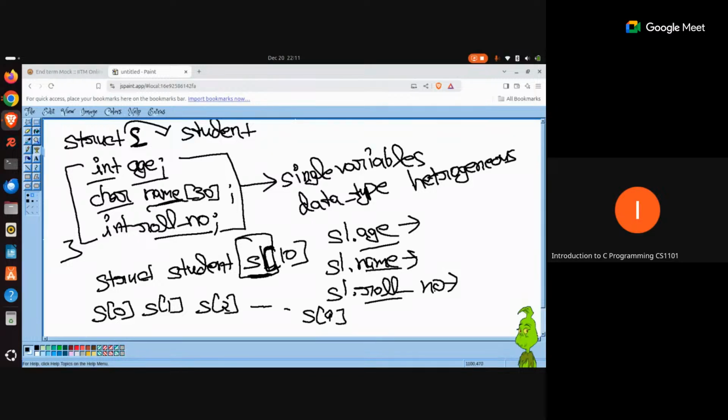And this is the perfect example for the problem that we have just discussed, where the user is supposed to enter the age, name, roll number, and many other details for a specific user. And the user enters details for many users in the same program. So you can create an array of structures, and each structure variable, that means S0, S1, is going to be holding the information of a single user. So the single user is wrapped into a logical entity that we are calling struct here. I hope this is making sense to you.